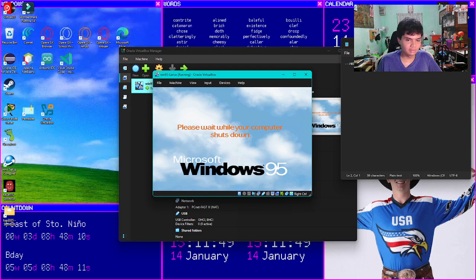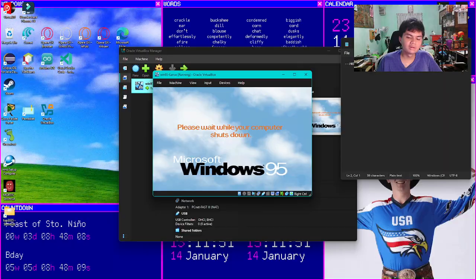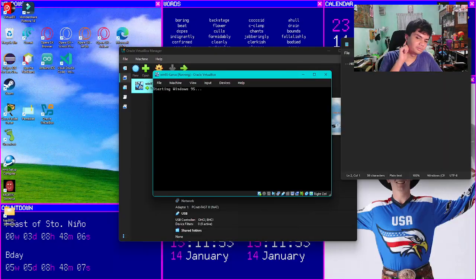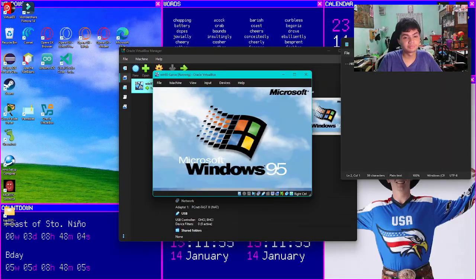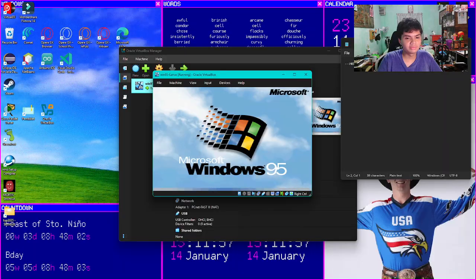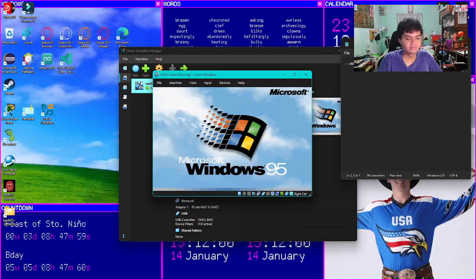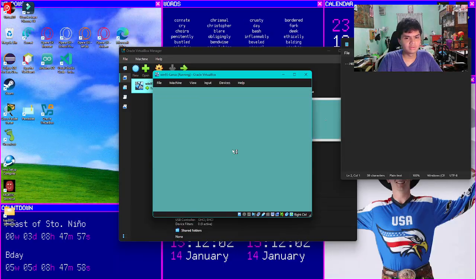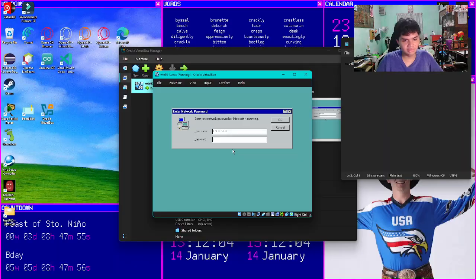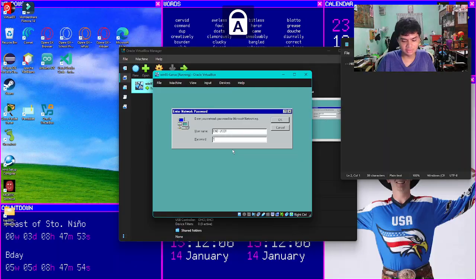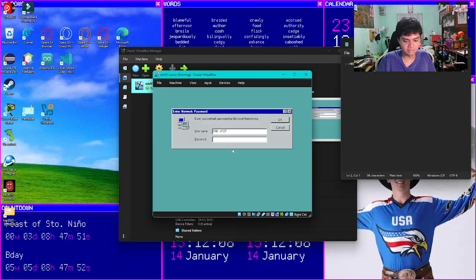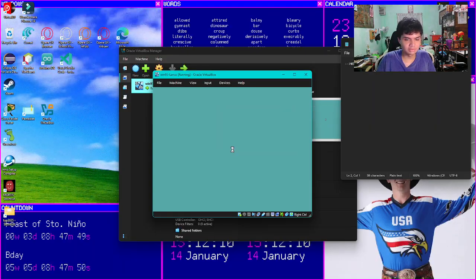Wait while your computer shuts down and it's gonna open Windows 95. There you go. We're on Windows 95 and there we are. We can now put in our name and password.